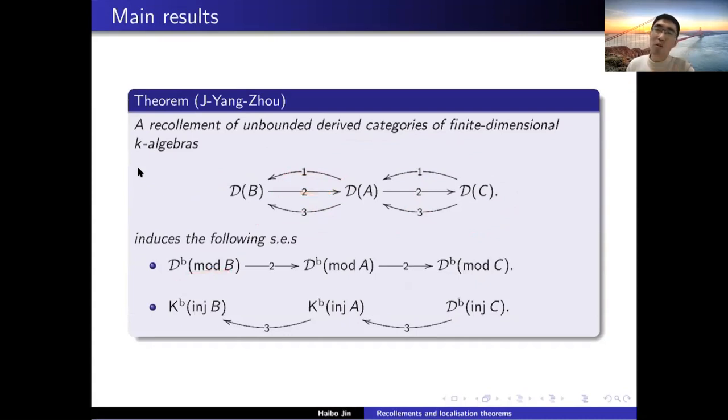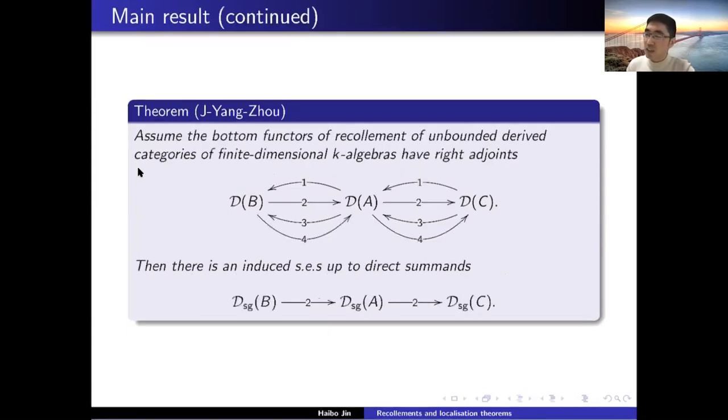So there are no common functors restricted to these two categories. So it's harder to talk about the singularity category. So we need more functors. Another result: if this recollement, the bottom functor 3, has a right adjoint labeled by 4, then we